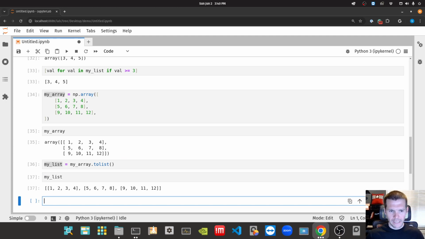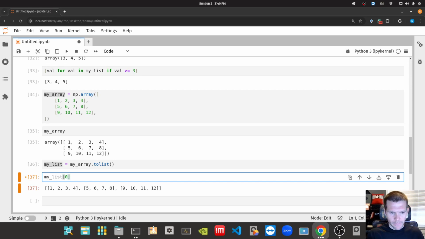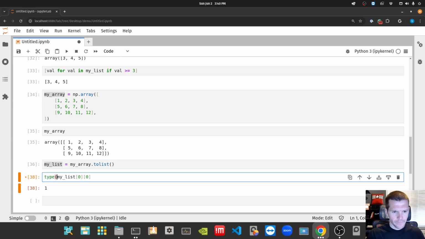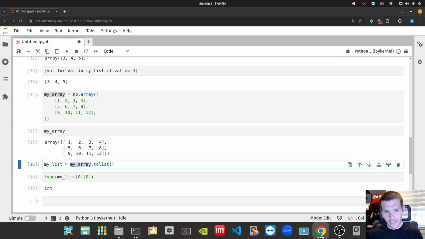So if we go to my list, we can see we got 1, 2, 3 elements in our list, and each one of those elements is a list itself. So if I want to grab that 1, I need to say give me that 0 element. That's going to be a list, and give me index position 0. I just want to check the type real quick. All right, so it does seem that when NumPy is doing that conversion, when you call that toList and it hands you back that object as a list, it's actually converting those types from a NumPy int to